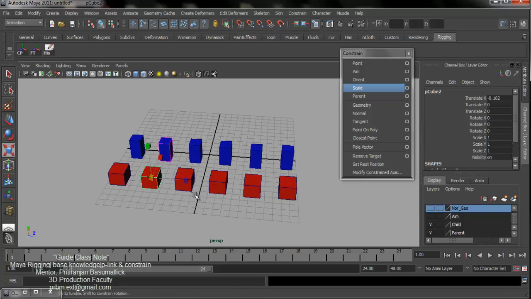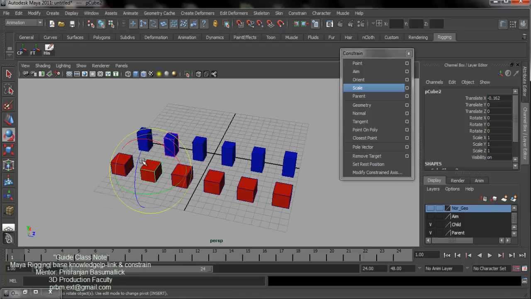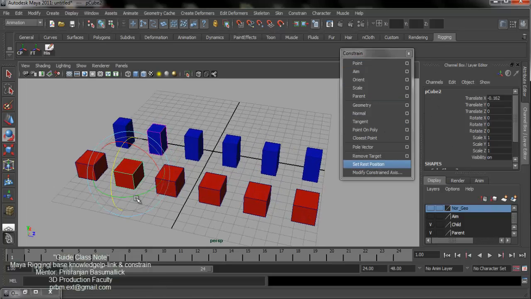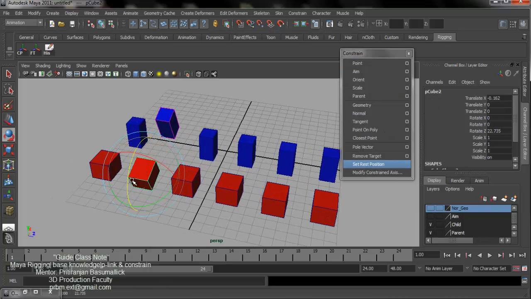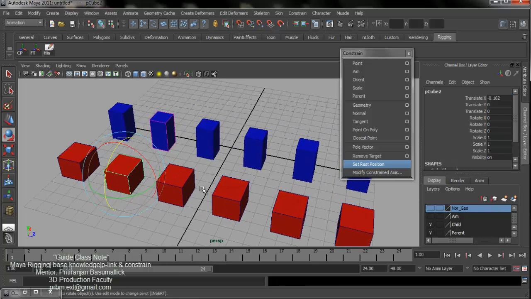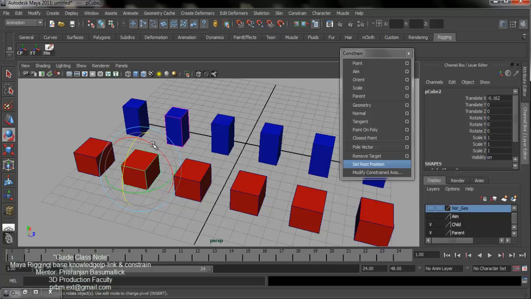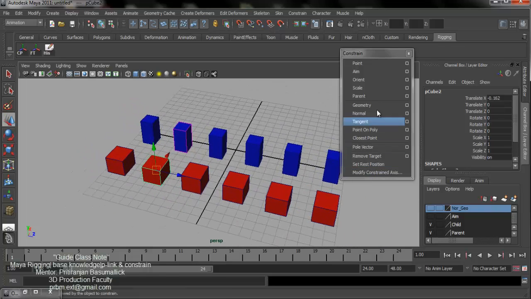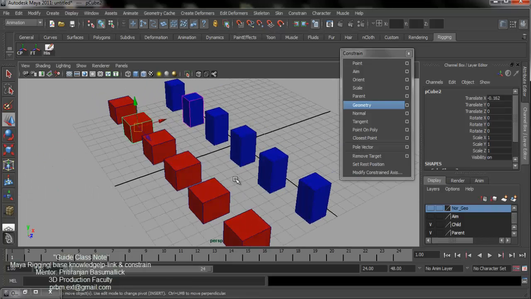And when you go to the parent constant, that means translate and rotate are also affected, also influenced, but the pivot point is shifted to the parent position. Okay, the child pivot point works as the parent position. I think it's clear. Point, orient, scale and parent constant. Thank you for watching this video.